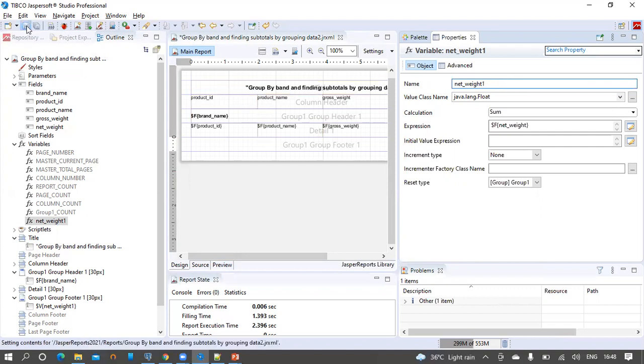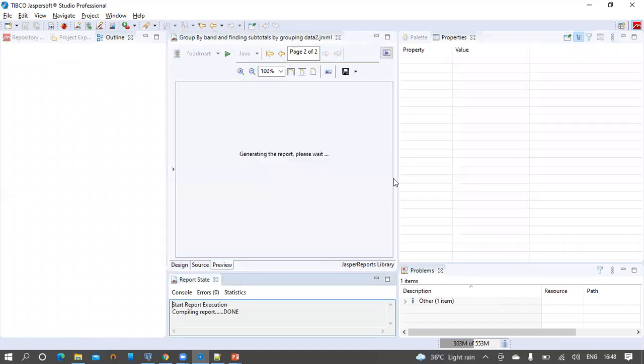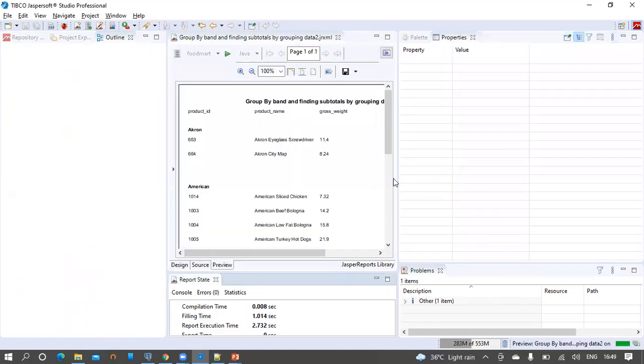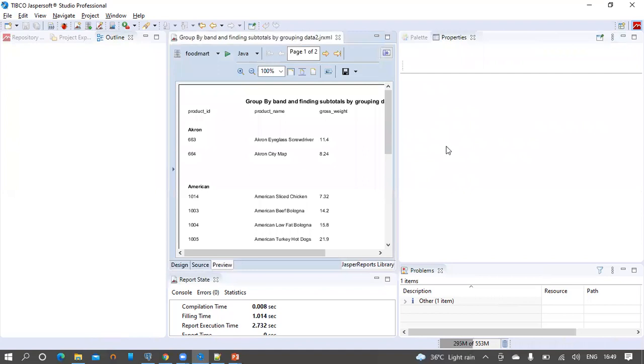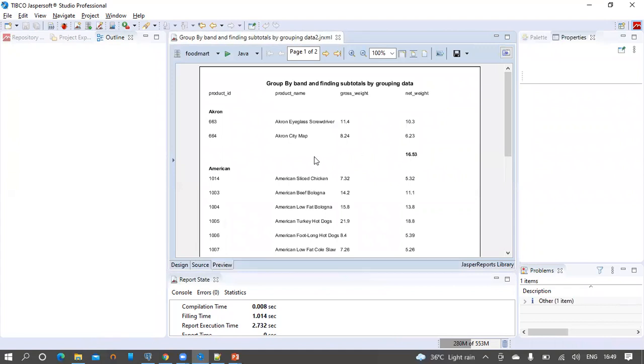Click on the save button and let's quickly preview the report. In the output, we can see that the group level summations are displayed for each brand name.